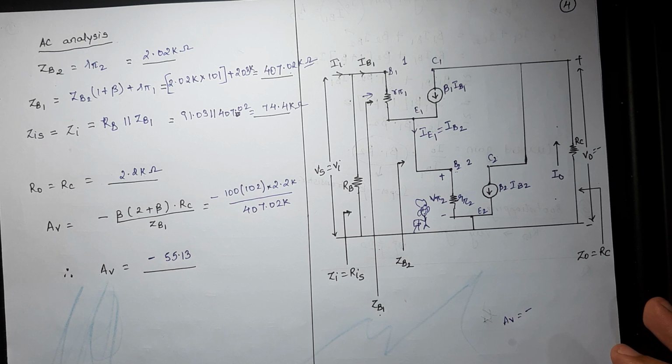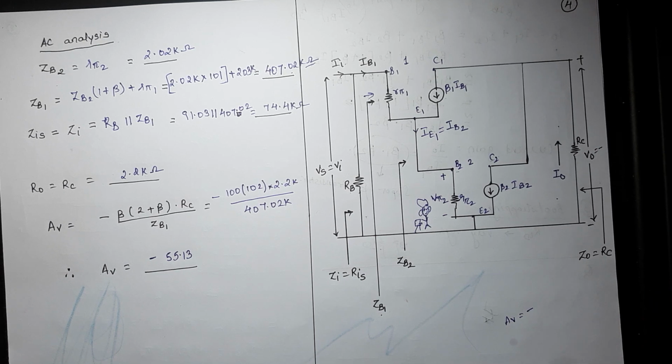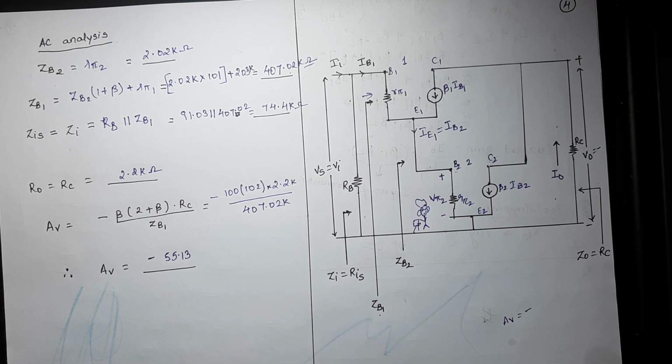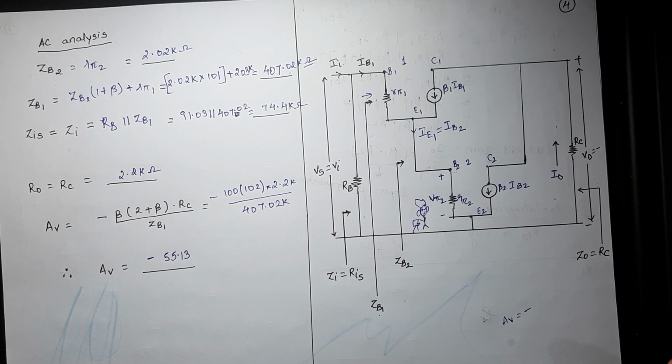Now we'll stop the lecture here today itself. I would expect everyone to take down this numerical. I have already provided you with the notes. If possible, draw the circuit diagram first and then try to solve the numerical on your own. Since I have already provided you with the solution and the notes, it would be much better if you give it a try, because in exam it generally comes for around 10 marks and there won't be a longer question than this. So yes, I would expect that you do a numerical based on Darlington pair along with the theory.